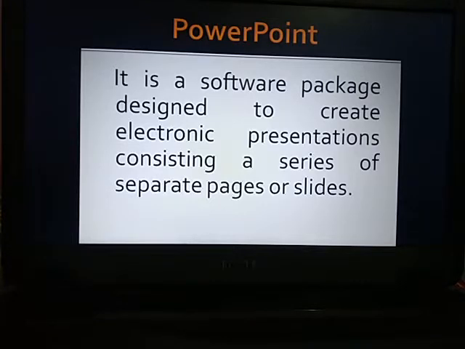The latest version of MS Office, because PowerPoint is one of the software included in MS Office, is Office 2019 for Windows 10. So if you have Windows 10 in your laptop, then you can install Office 2019. That is the latest version, which was released nearly in 2018. If you have Windows 7, then it will not work on your system.